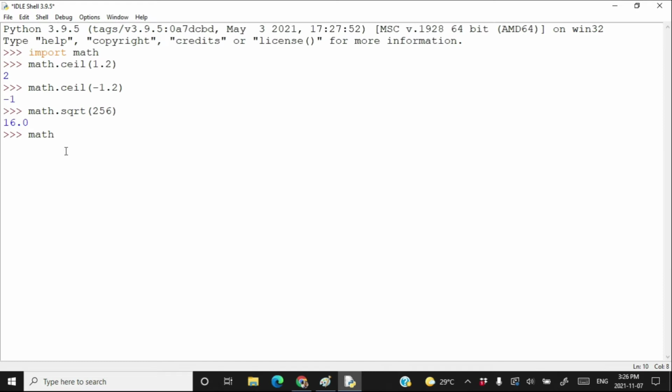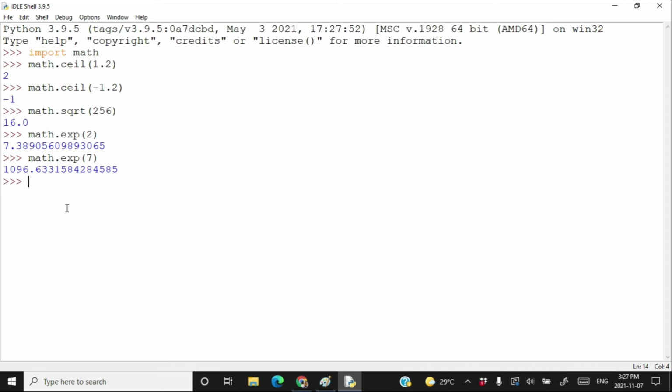If I write math.exp 2, it calculates e to the power 2, means e square. Press enter and here you got e square. If I write math.exp 7, it calculates e to the power 7.